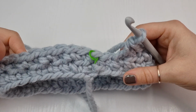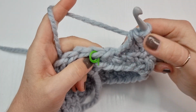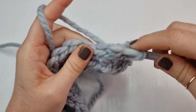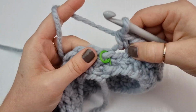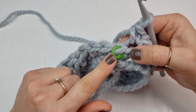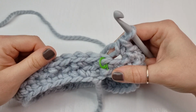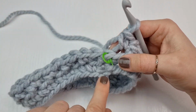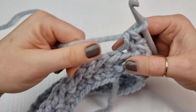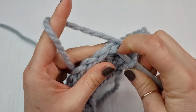So I am finishing this round 2, and I have just done single crochet front loop. Next one will be single crochet back loop, and I am here again. Where is my stitch marker? So I know I am going to start the next round 3. So where is my stitch marker? We will work again single crochet front loop,